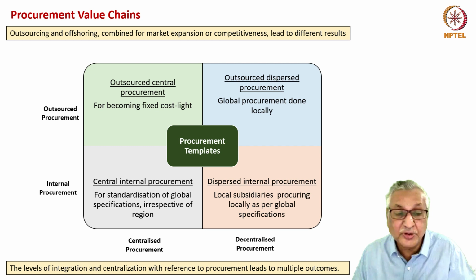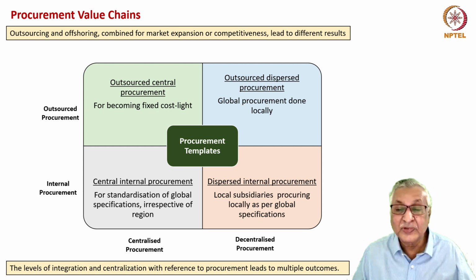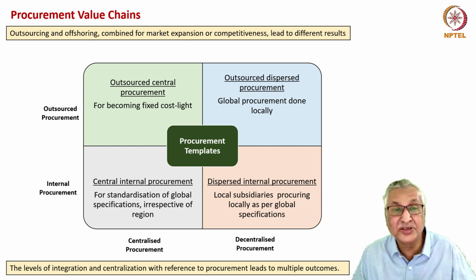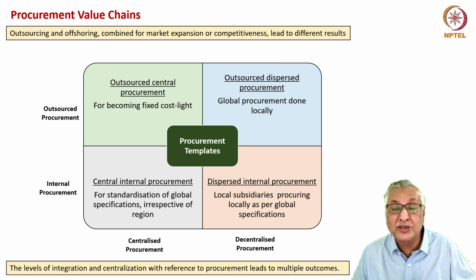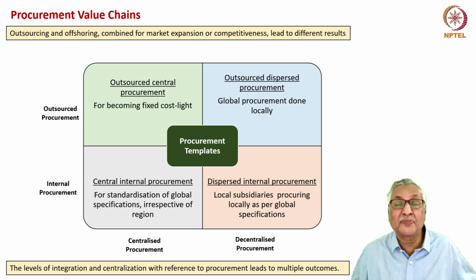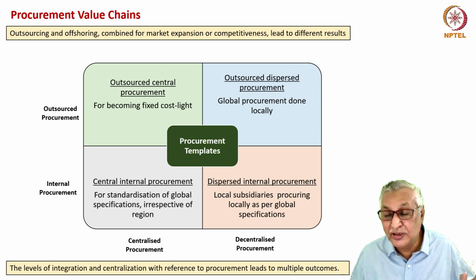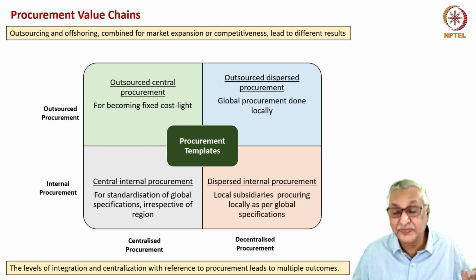Let's say you have decentralized procurement and internal procurement approach. This is called dispersed internal procurement. Local subsidiaries procure locally as per global specifications. The specifications are set globally, but the procurement is done locally because that provides greater agility, better cost economics for the company, and enables better relationships at a local level. At times, when the procurement is done centrally, the distance that separates the procurement division and the local supplier would be so vast that there could be either misspecification, misunderstanding of the capabilities, or even padded pricing